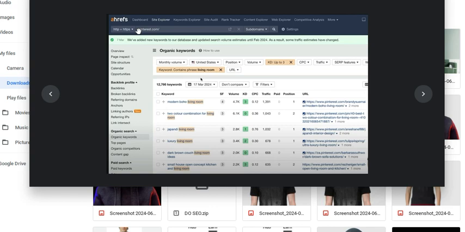Now if you want to search for anything on Pinterest using this tool Ahrefs, this is what you type in: pinterest.com/ and the keyword you want to search for in any niche. For example, I typed in living room. Now these are the related keywords: modern boho living rooms, two color combination for living rooms, then Japandi living room, then luxury living room, then dark brown couch living room ideas, then small house open concept kitchen